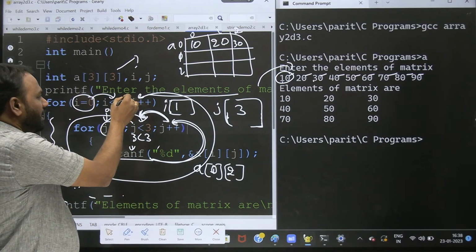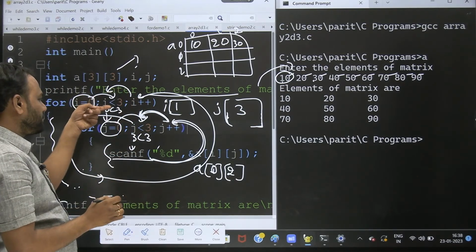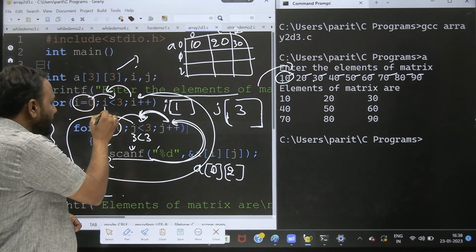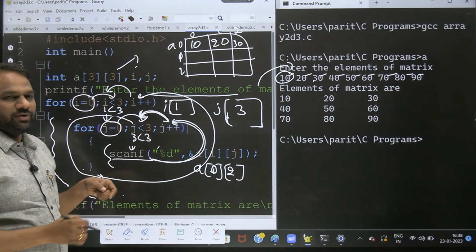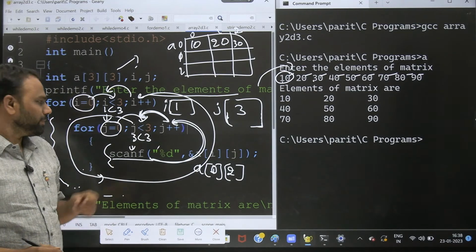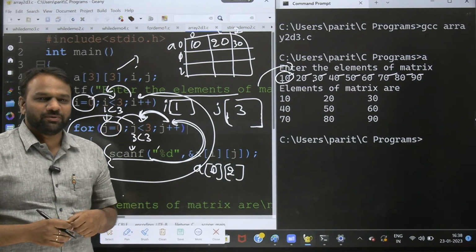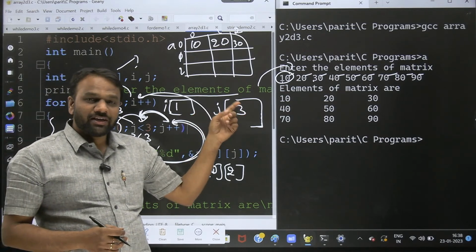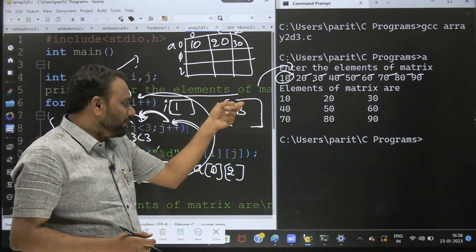From here, again I'll come here. i is less than 3. So this 1 is less than 3. The condition is true, so again I'll enter the body of this for loop. So again I'll come to this inner for loop. Now j will again become 0. So now what is the value present in j? It is 3. Now again it will become